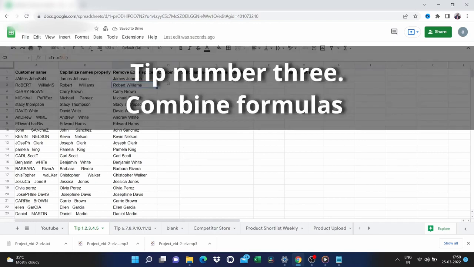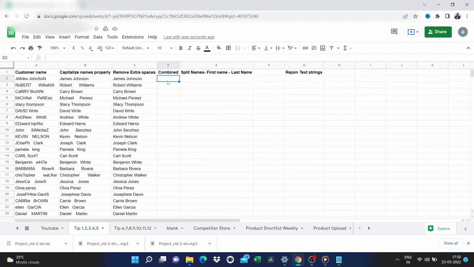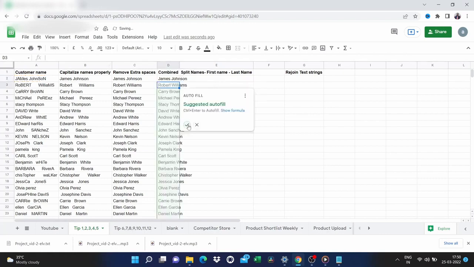Tip 3. Combine formulas. Now you know how to use trim and proper. You can save even more time by doing both of these functions in one formula. This is called a nested function. So for this example, I will wrap a trim function around a proper function. I am basically putting one formula inside another and doing them at the same time. Google will work inside out and do the innermost function first. So in this case, it will correctly capitalize E2 with the proper function. So we've got proper E2, and once that's done it will trim the whole lot, and then it will give the result.